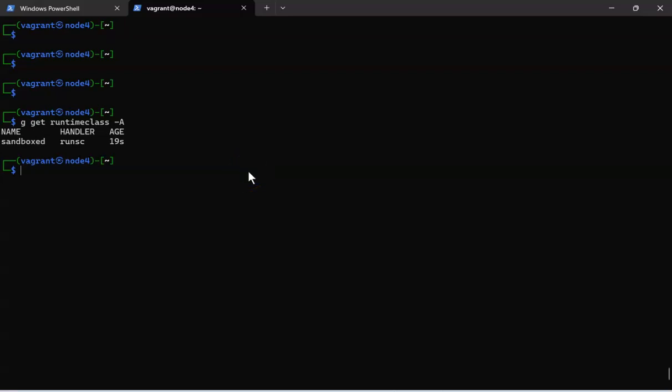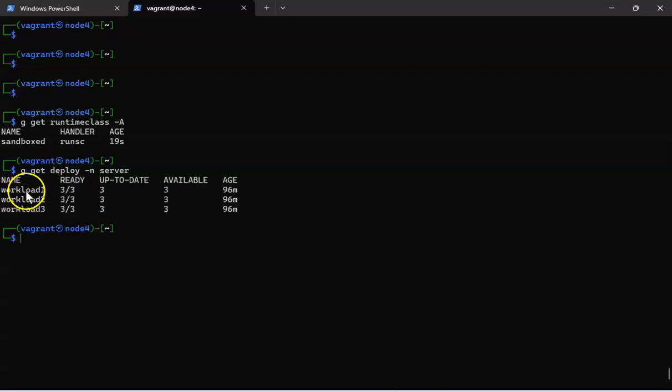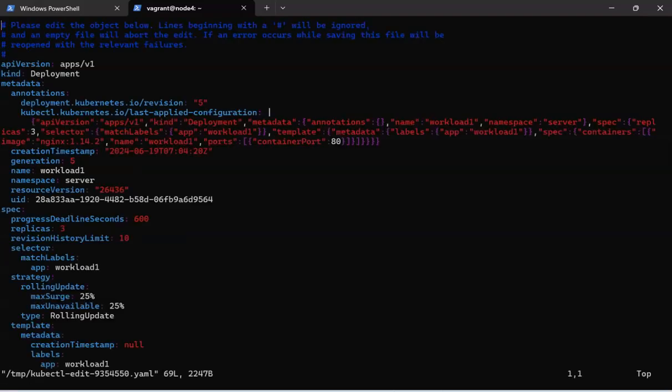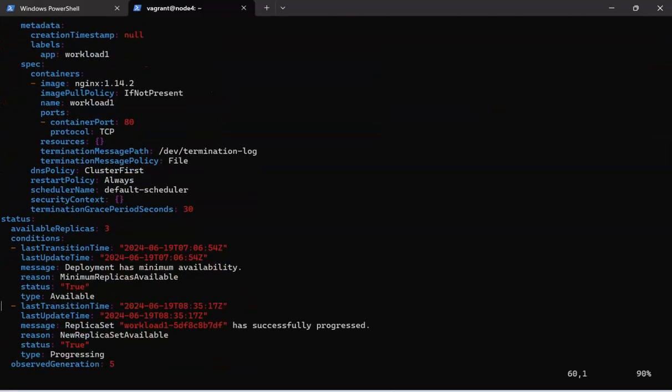Now, if I need to edit my deployments, as we have seen, we run kubectl get deploy -n server. If you see, three deployments are there. I have to edit all the deployments so that all the pods will have this definition in them. So the runtime class would be applicable on all the pods. So here what I can do is kubectl edit deploy, and let's just say I'm going with this one first, with -n server. So this is my first one. Now under